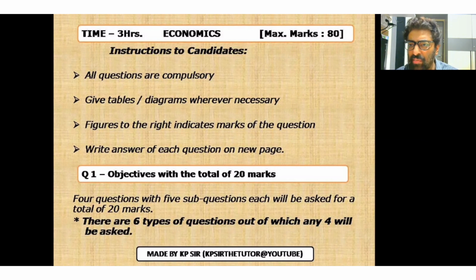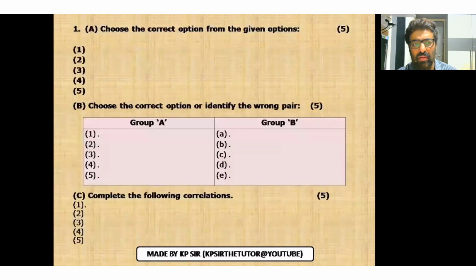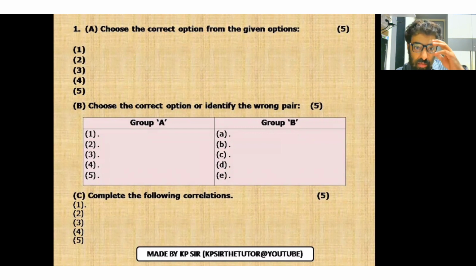What are the types of questions? Let's first have a look at it. You can choose the correct option. The options will be given to you in the bracket. You just have to choose the option and rewrite the entire statement. Or they might give you 5 match the pairs, 5 match the columns. In all the 5 sub questions, you have to find the exact pair and write the answer.